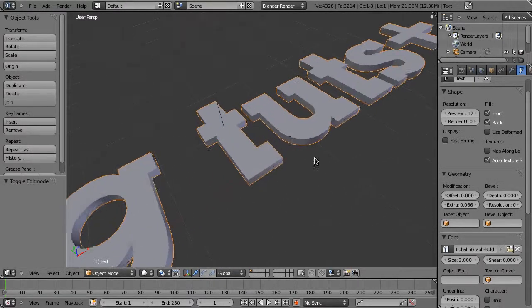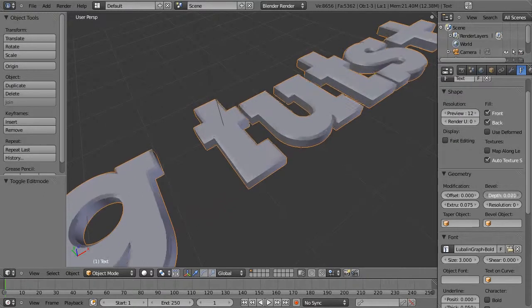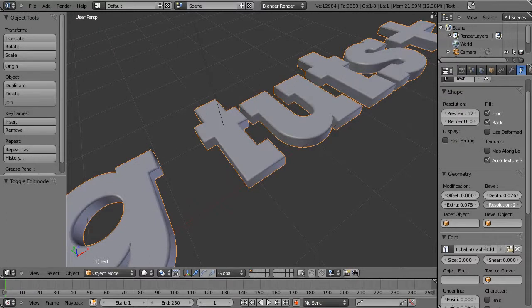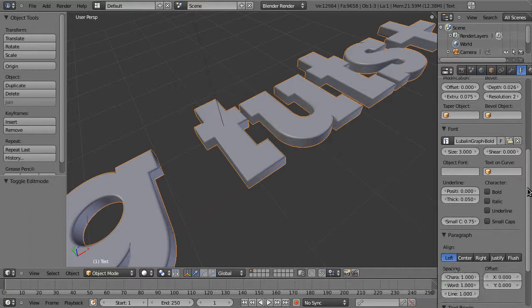This is here to see the edge here that comes up. Maybe a little more. Then let's add a little small bevel to it and increase the resolution so we got those nice rounded corners. And now for the